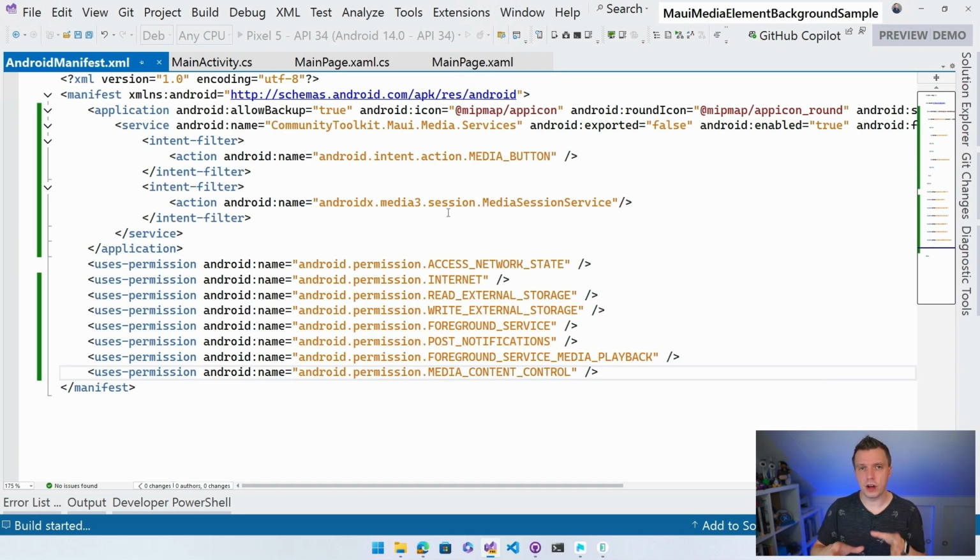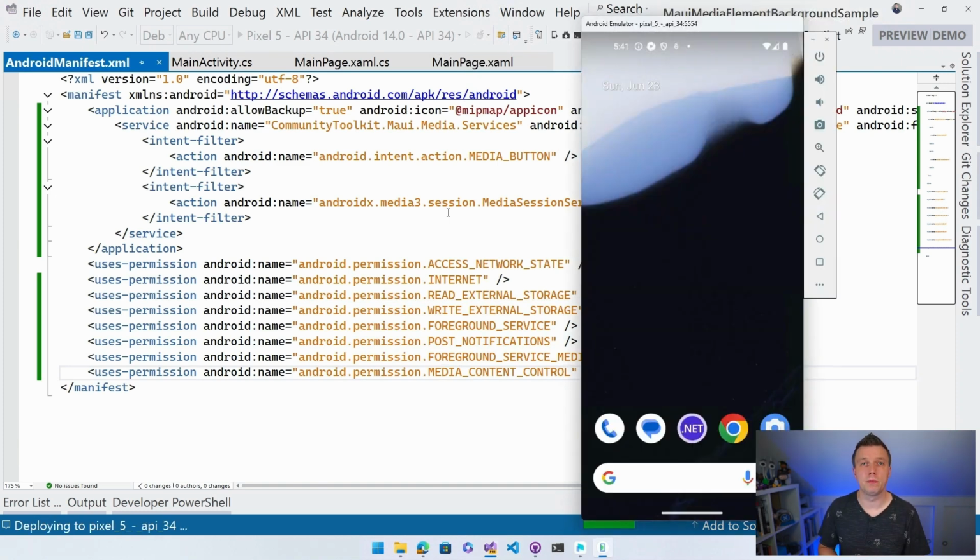There is a little bit of a difference. I'm going to open an issue for this. I already talked to James, who is contributing a lot for the Media Element to the .NET MAUI Community Toolkit. So thank you so much, James. And I've been talking to him like, hey, can we also show this metadata on the actual player inside of the app? Because for Windows, you saw it's not there. For iOS, we will see in a minute, it's not there either, but for Android, it is now showing. So the metadata right now is for the lock screen controls and for the control center, but not really for inside the app, which kind of sucks because it would be nice to show it there as well. So we're going to work on that, but let me show you how it works for Android here first.